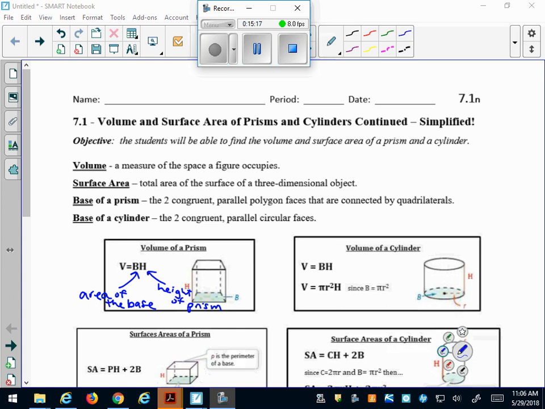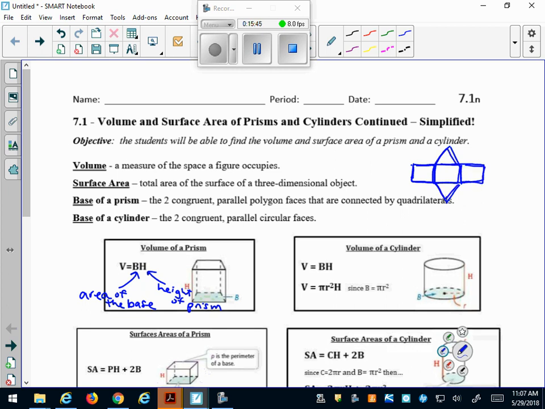If you take a pattern like this, this will fold into a triangular prism, like this. Oops, wrong way, like this. Okay. The surface area is just the area of all these faces